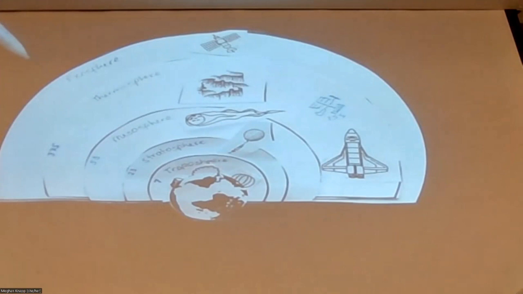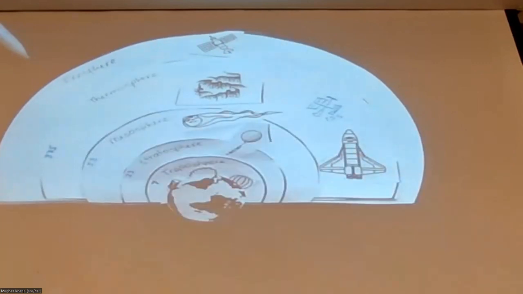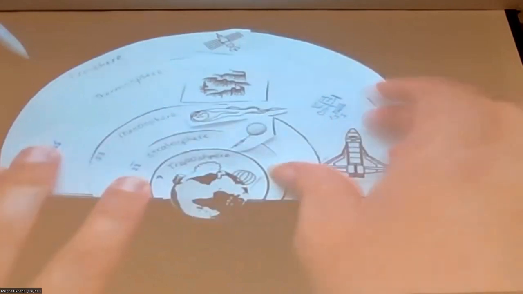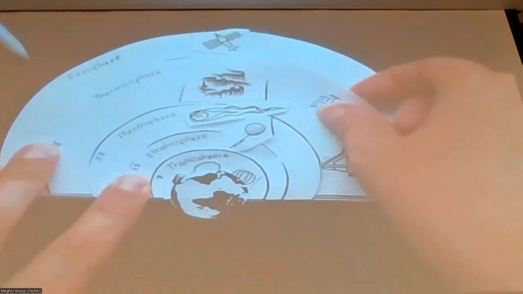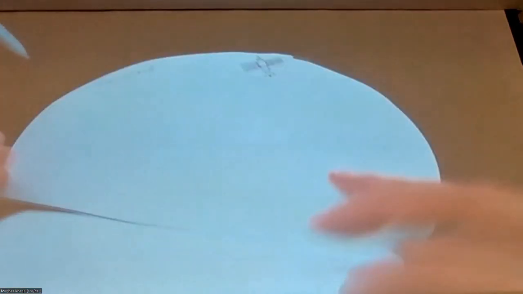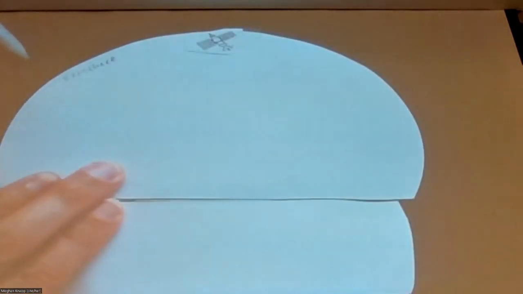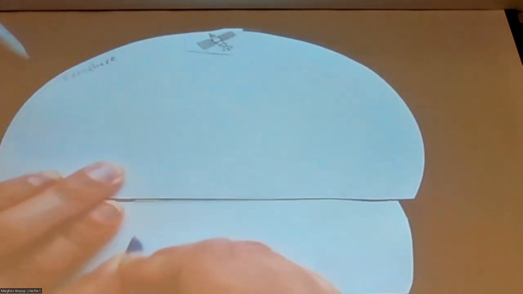Are there any other pieces that I missed? Like I said, we wanted these flaps so we can put information on the back of them. And the most important information is, again, going to be for those first 2 layers. But I thought it would be good to put for the thermosphere our little paradoxical thing. So what we can do is flip this down, leave the exosphere where it is. But for the thermosphere, I'm going to write in that we can have